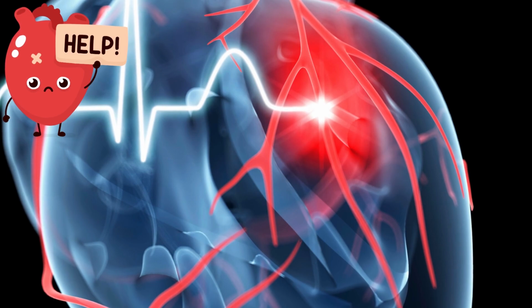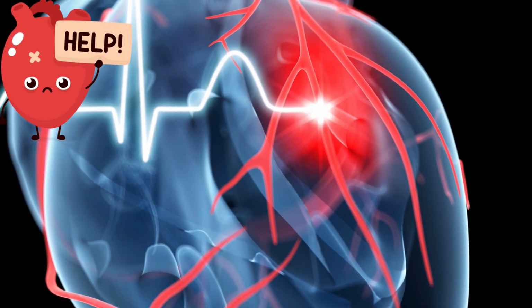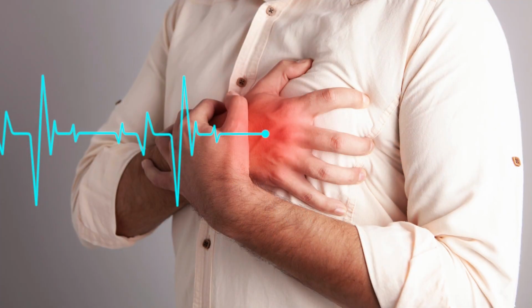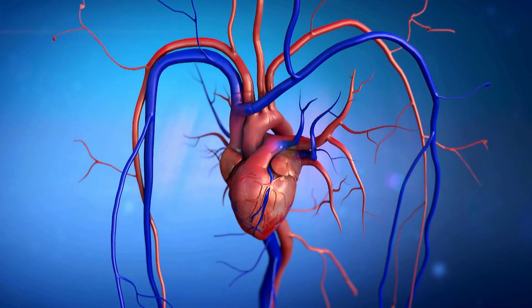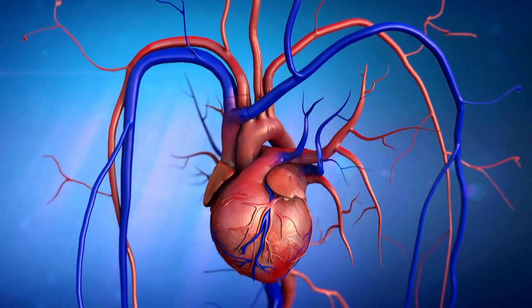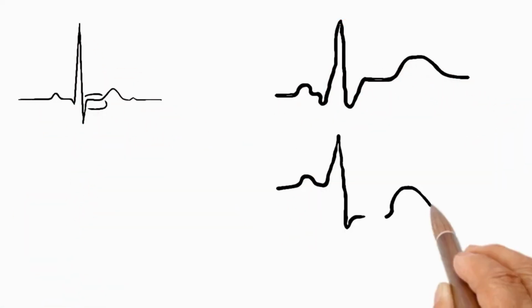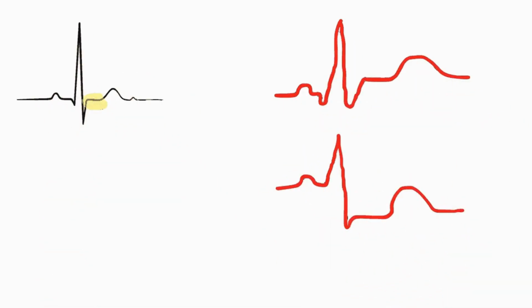myocardial infarction, where there is a complete blockage of the blood flow to a certain part of the cardiac muscle, causing damage to this part of the cardiac muscle, in that case, the damaged cells will depolarize and repolarize differently from the healthy cells. Damaged cells usually repolarize earlier and depolarize later than the healthy cells, and that causes deviation